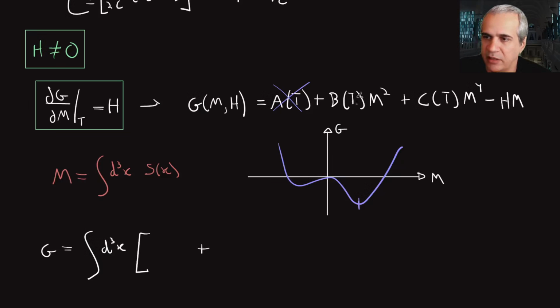Now I have b(T), which I have parameterized as lowercase b (T minus Tc) times s squared, right? Here, same with lowercase c, so b and c here are just numbers that if I want to know, I really have to measure, right? And I have here s to the fourth, and these I will exchange by hs, right? And in every case, I'm assuming that I can do that locally. So I'm replacing m to the fourth by s to the fourth because I'm making a local